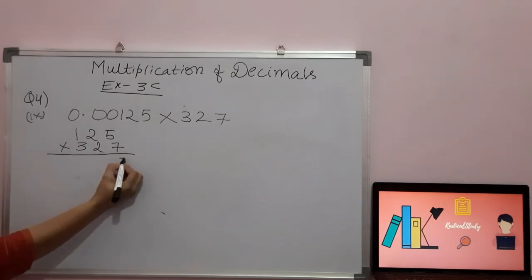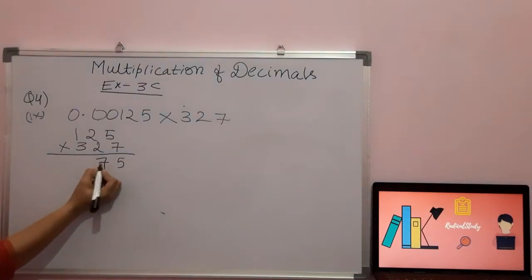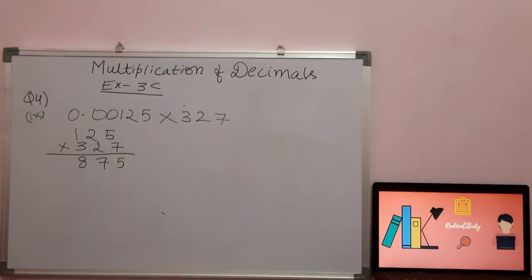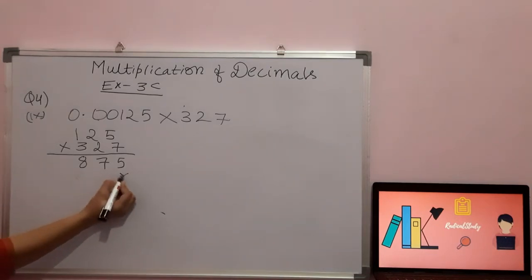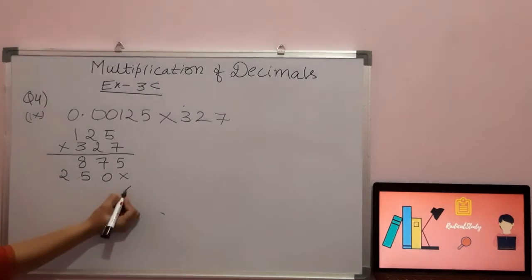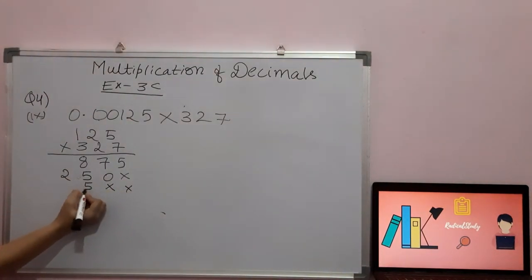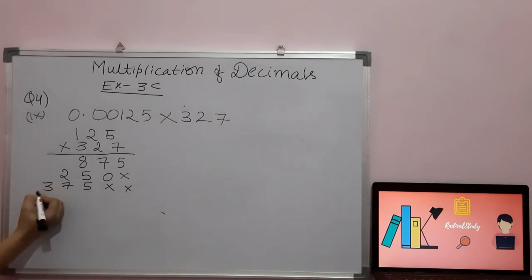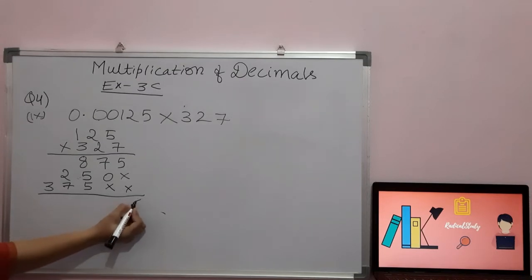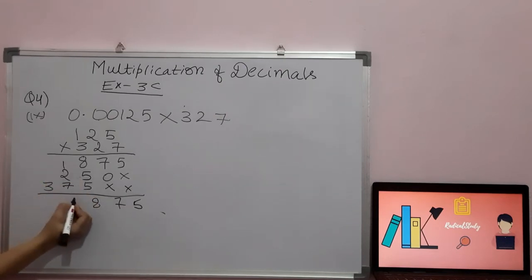So 7 5s are 35, 3 carry, 7 2s are 14. It will be 17, 7 1s are 7. Here it will be 8. Now here it will be a cross. 2 5s are 10, 2 2s are 4, 2 1s are 2. Again a cross. 3 5s are 15, 3 2s are 6, 7, 3 1s are 3. Right students? Now what will be the answer? Here it will be 5, 7, 18, 10. Here it will be 4. So what we have got as the answer?